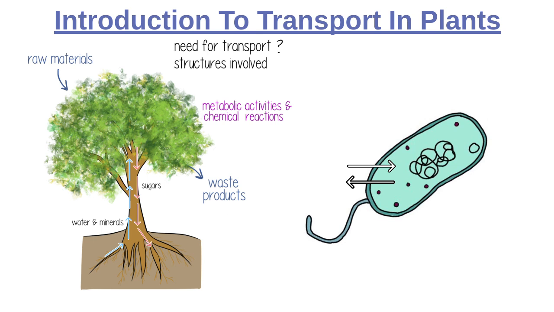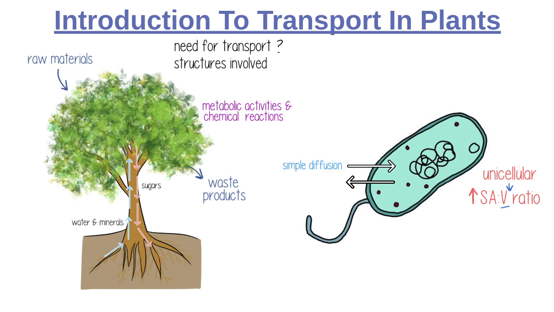When a living organism is small, let's say it's a unicellular organism, they have a large surface area to volume ratio, which means that they have a small volume and a large surface area that is in contact with their surrounding environment. So they can easily exchange substances within their cells from their external environment.